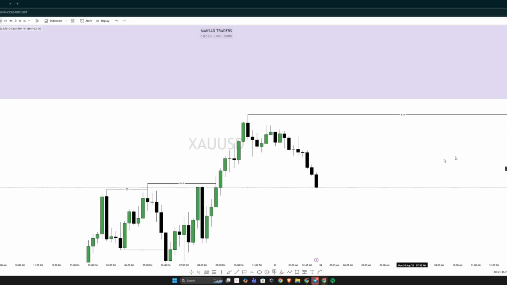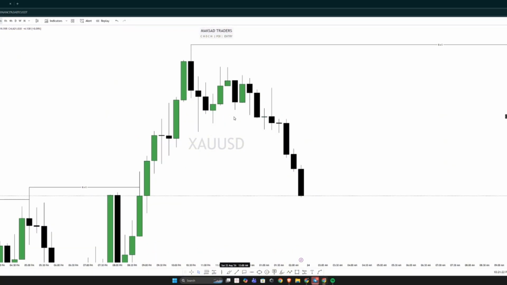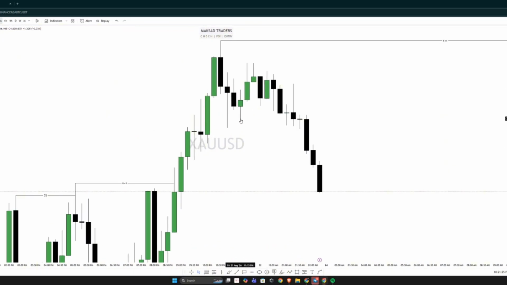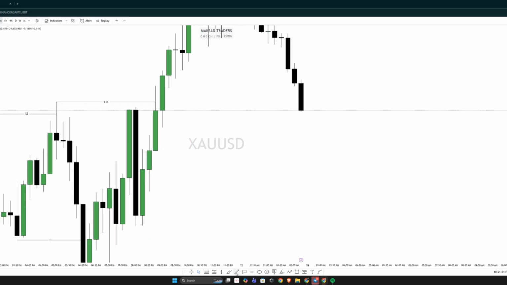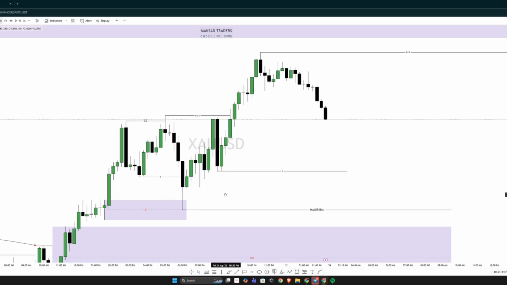Now, what we need here is, okay, we have a high, then we have a low, then a high, and then low, high, low, high, low, high. Okay, low. So what we have here is your inducement. That is going to be our inducement. And after the inducement, let's see. Previous candle sweep. Okay, low, high, internal high, low.